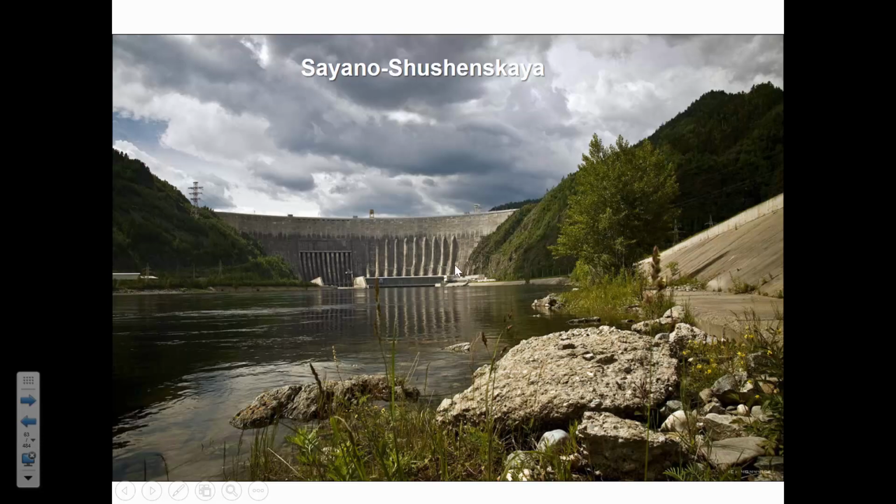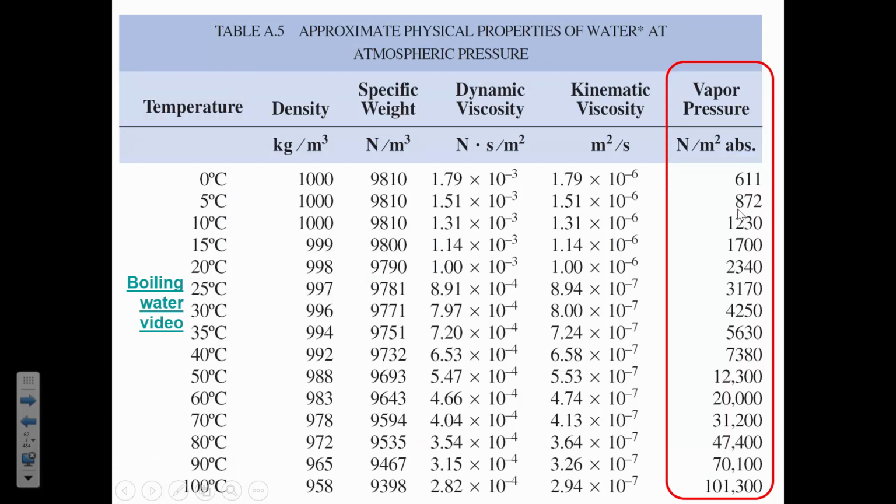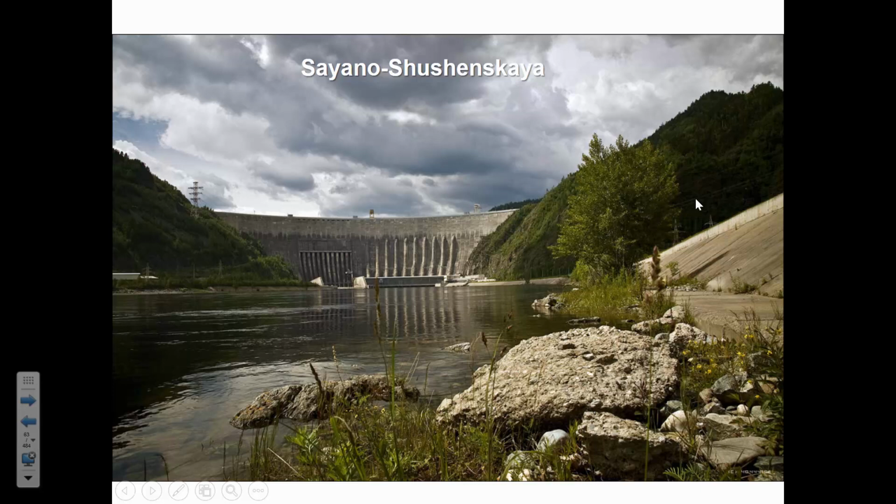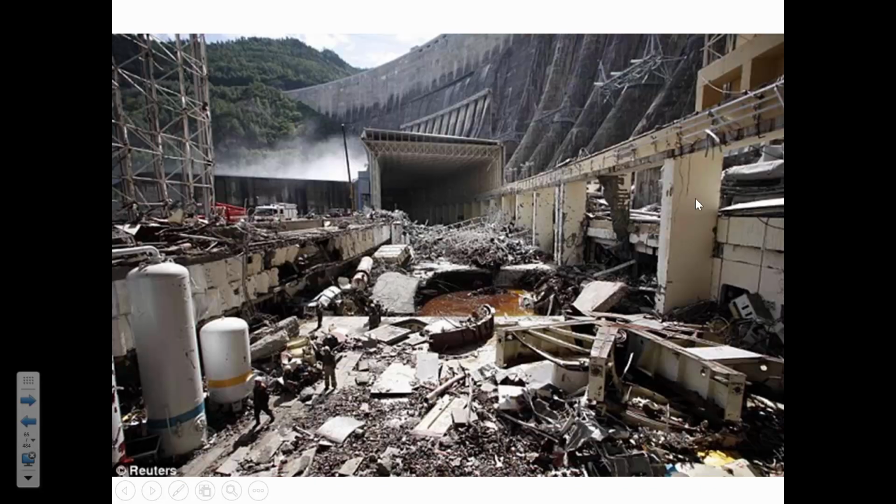The water inside of this pipe, the pressure was so low that the surrounding pressure fell below the vapor pressure. So let's say if it was 15 degrees Celsius water, the pressure in the pipe fell below 1700 pascals, and then tiny little vapor bubbles started to form. And those vapor bubbles, when they collapse, can send a shock wave through the water that has the capacity of eroding the pipe and causing damage to the material.